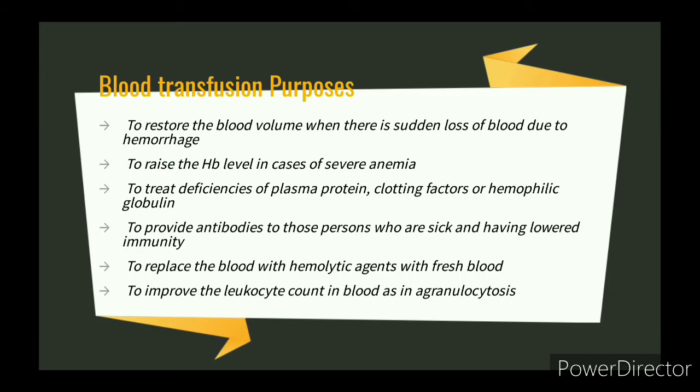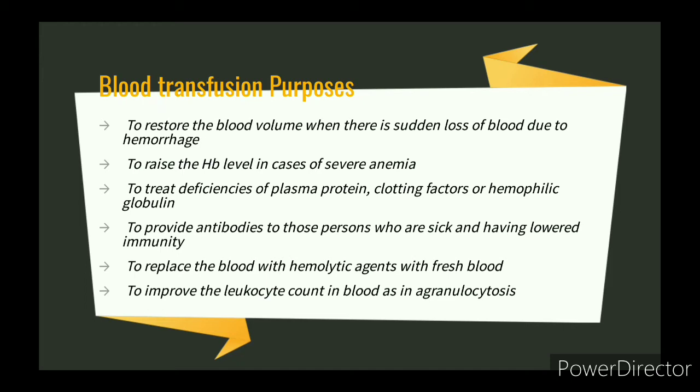Blood transfusion purposes. What are the purposes of blood transfusion? Number 1, to restore the blood volume when there is sudden loss of blood due to hemorrhage. Second, to raise the hemoglobin level in cases of severe anemia. Third, to treat the deficiency of plasma, protein, clotting factor, and hemophilic globulin. Next, to provide antibodies to those persons who are at risk and having lowered immunity. Next, to replace the blood with hemolytic agent with the fresh blood, and also to improve the leukocyte count in blood